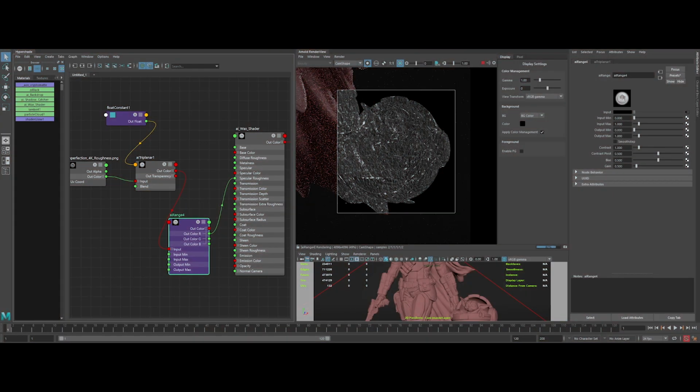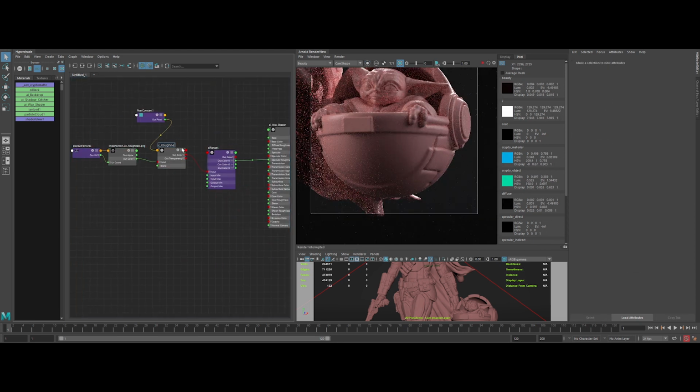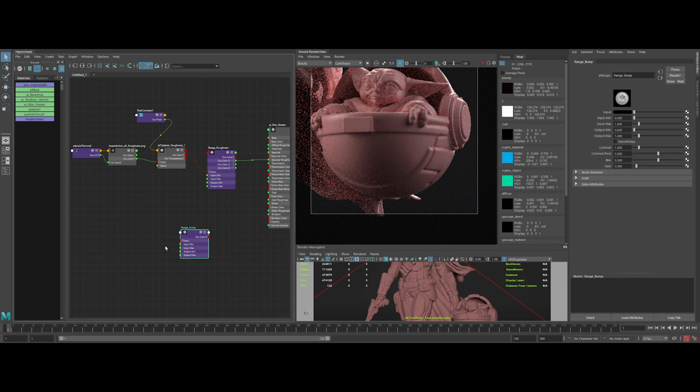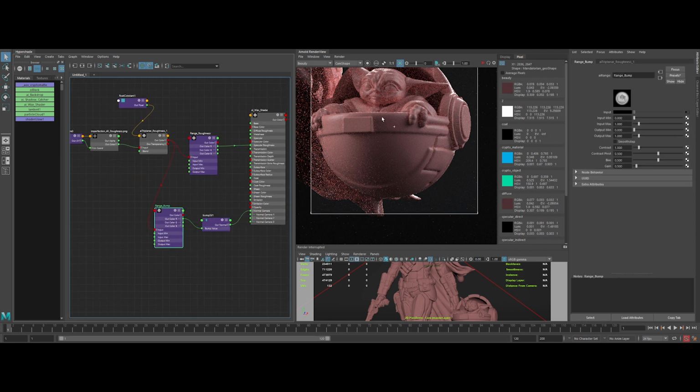Now back to the sweet shader. In the AI range node properties, let's lower the output min to 0.3. Rename the node to keep it organized. Let's create the bump map based on our roughness map. Create an AI range and a bump 2D node. Let's connect them together. Let's launch the IPR to see what we've got.